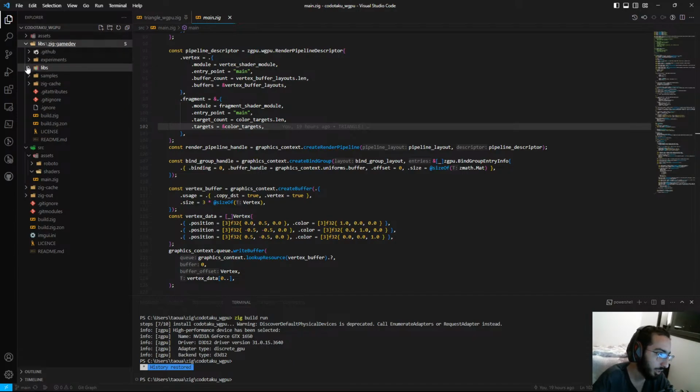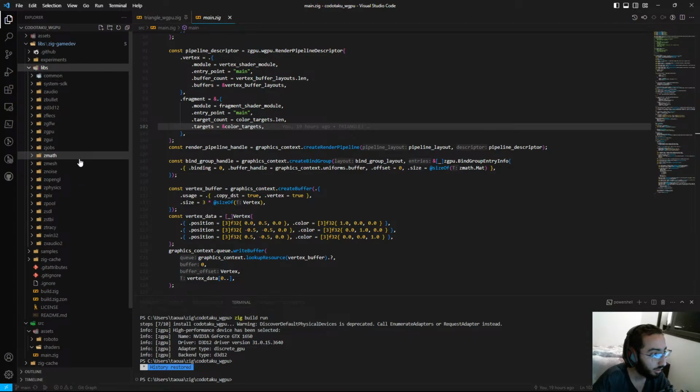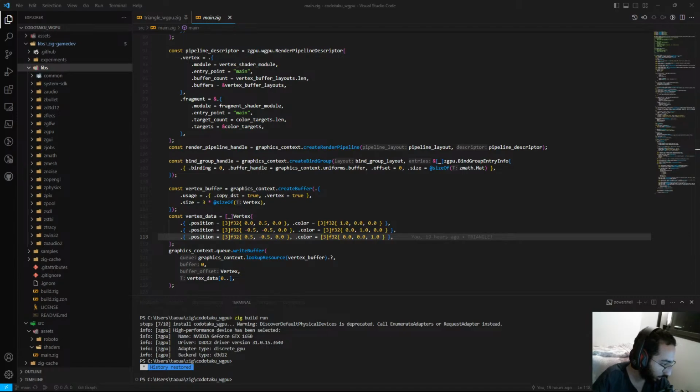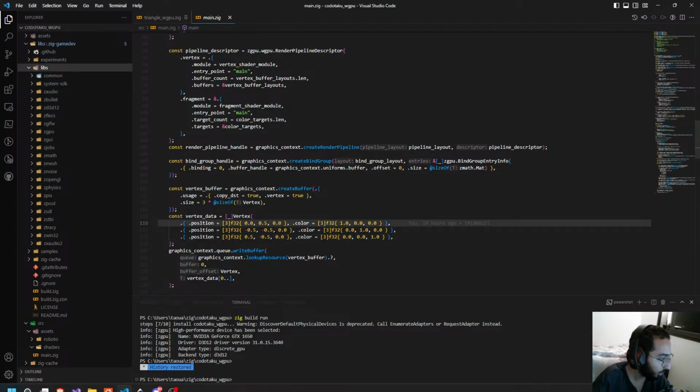It basically gives you everything you need to start off. It gives you a math library, it gives you GLFW, it gives you GPU, which is basically WGPU binding or WebGPU binding for Dawn, and also all sorts of things. Yeah, Mach seemed large and I didn't know how to slice out just the GPU thing. No, there's actually